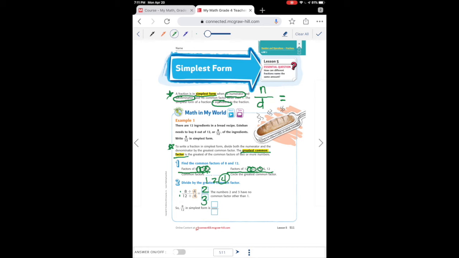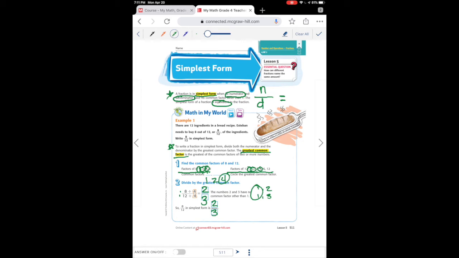Remember, we can think of division as just an inverse multiplication, backwards multiplication. 4 times what number equals 8, and it's 2. 4 times what number equals 12? 3. So the numbers 2 and 3 have no common factor other than 1. If I list out the factors of 2, I have 1 and 2. If I list out the factors of 3, I just have 1 and 3. The only common factor they have is 1, which means it's in its simplest form. So 8/12 in its simplest form is